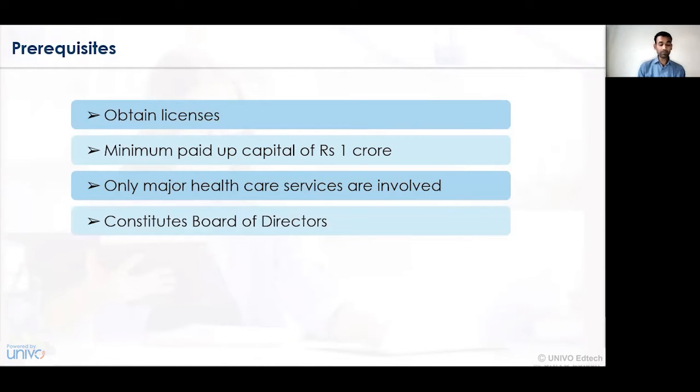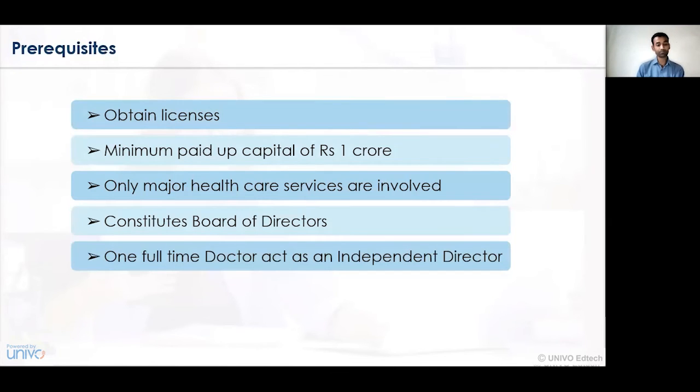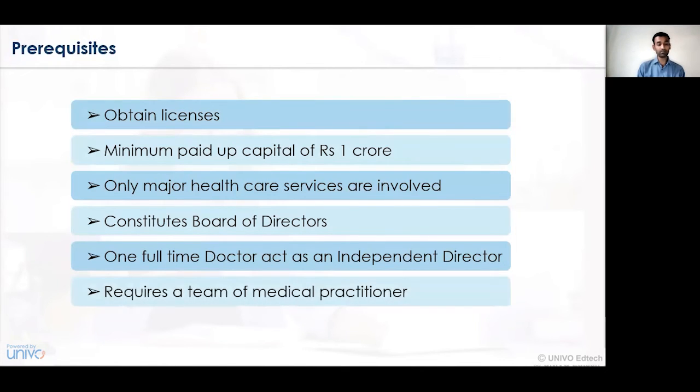Now, as in the Companies Act of 1956 or 2013, the composition of the board of directors is essentially required. So, as a prerequisite, the third party administrator must have a chairman, a managing director, and a functional board of directors, wherein one director will be working as a whole-time director and the other 5 members can be acting directors in the organization. Again, one full-time doctor as an independent director also needs to be appointed. So a full-time doctor is needed in the constitution of the third-party administrator.